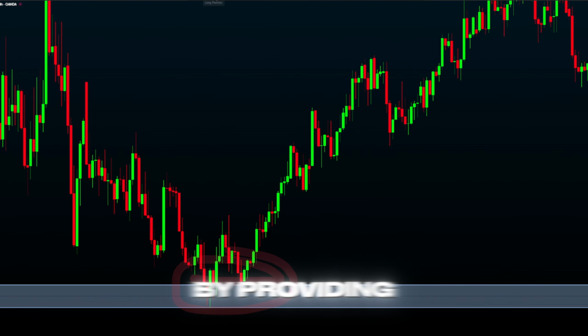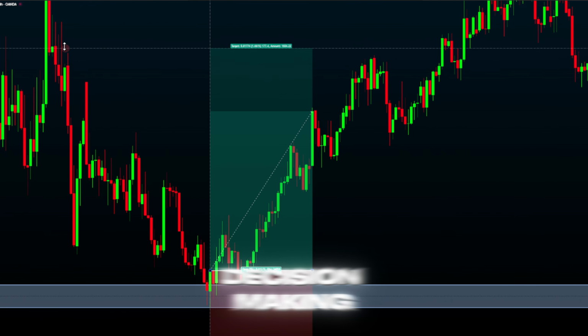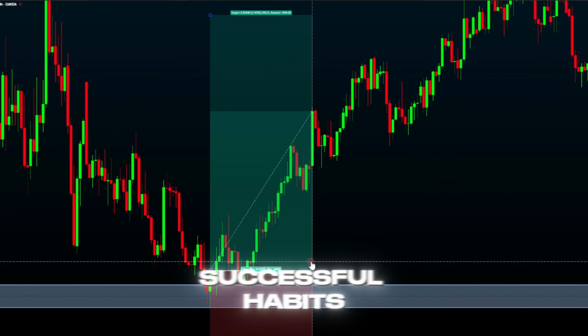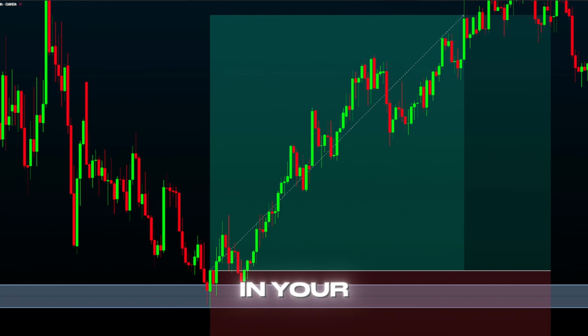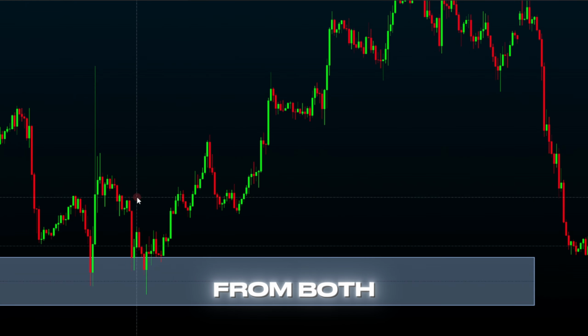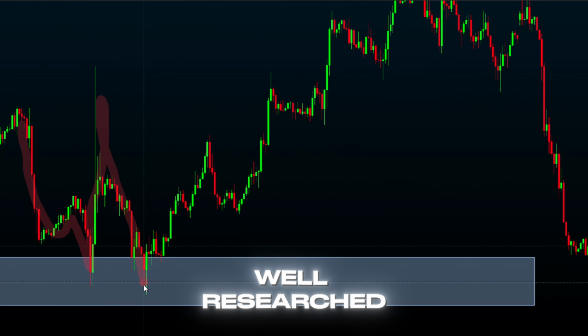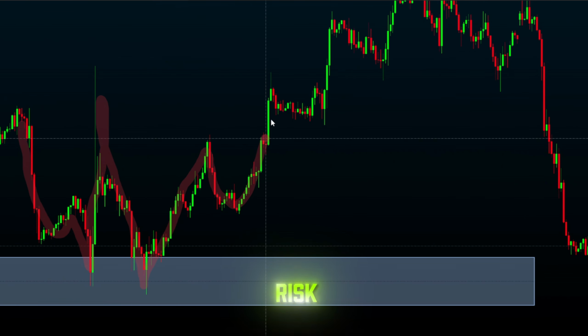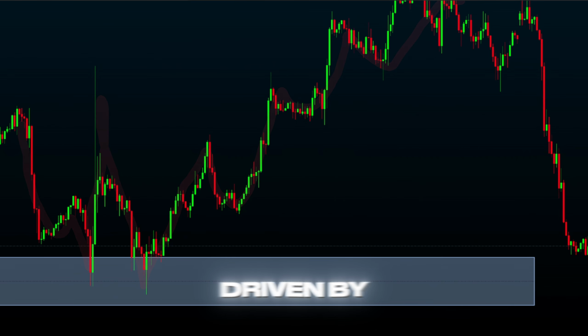profitable trader by providing data-driven insights, controlling emotional decision-making, and reinforcing successful habits. A journal provides an objective record of your trades, revealing patterns in your performance and helping you learn from both successes and mistakes. Discipline ensures you stick to a well-researched trading plan, manage risk effectively, and avoid impulsive actions driven by fear or